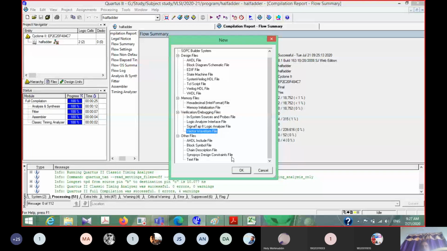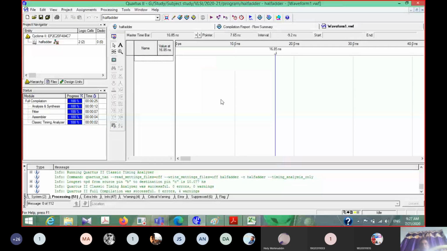Select the vector waveform file and click OK. It will open a vector waveform file editor window, where we can add different inputs and outputs.